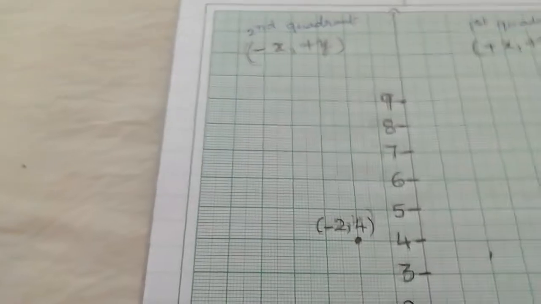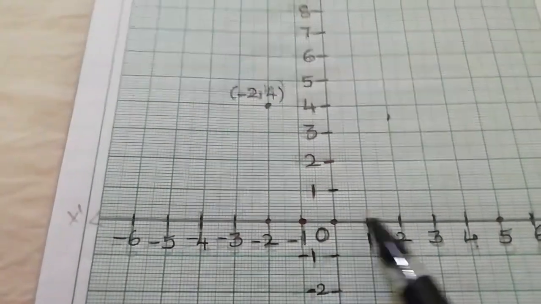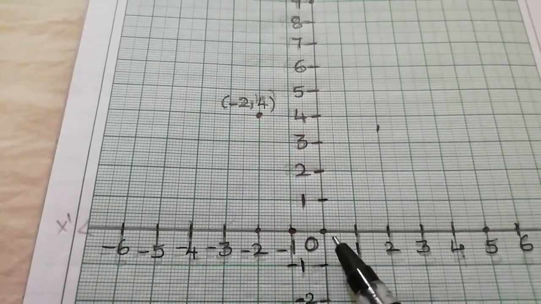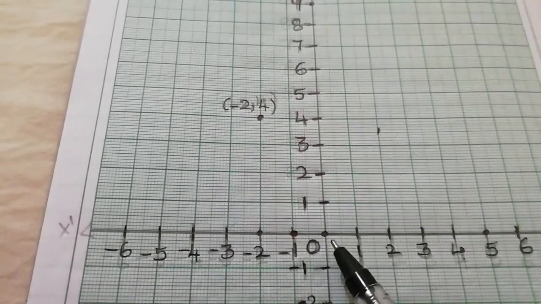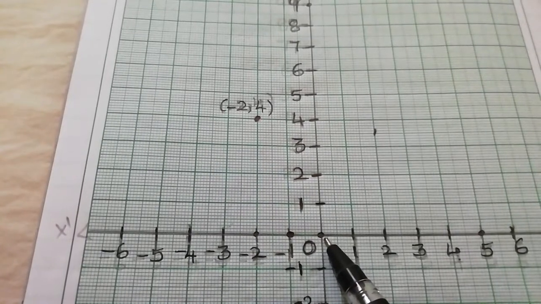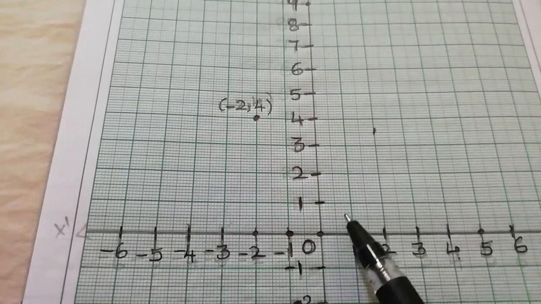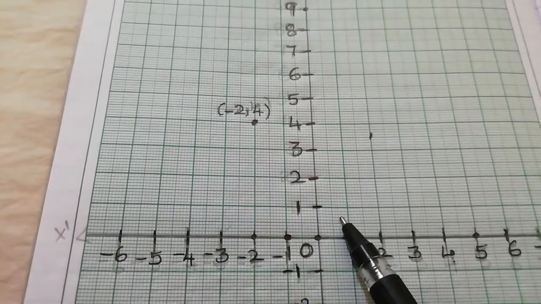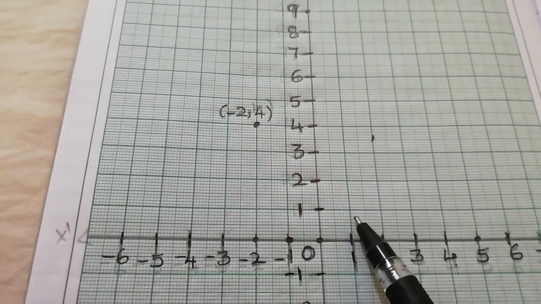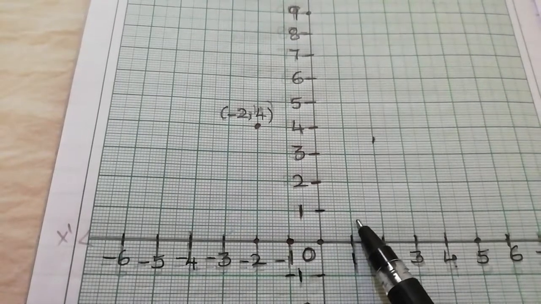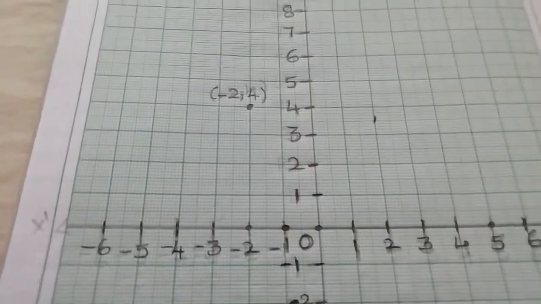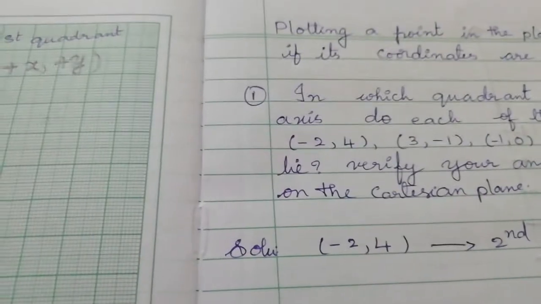And here we have to take some scale also. So from 0 to 1 is 1 centimeter. We have taken 1 centimeter as 1 unit. Here 10 small lines are there. Each small line is 0.1 centimeters. This is 0.5, next line is 0.6, then 0.7, 0.8, 0.9, and 1.0 is nothing but 1. Again the next lines are 1.1, 1.2, 1.3, 1.4, 1.5 like this. Now you write answers for the remaining points and plot all the points on the graph.